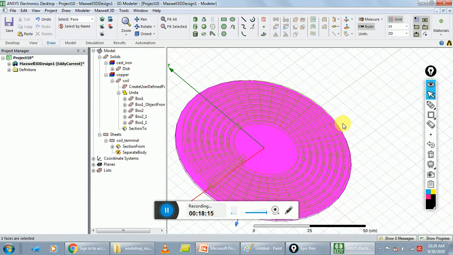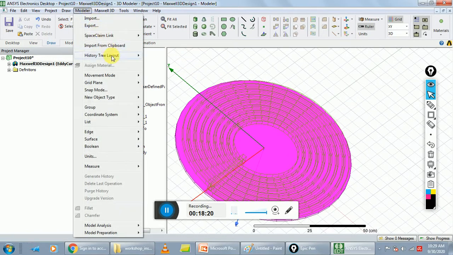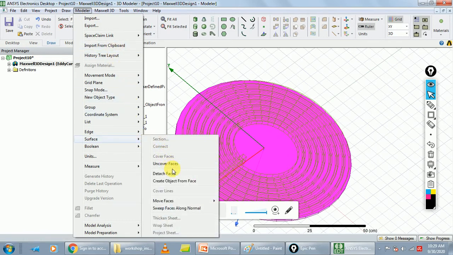Next step is go to Modeler, Surface, and Create Object From Face.